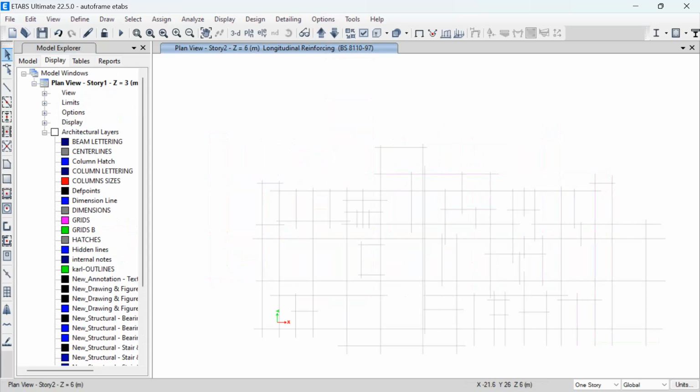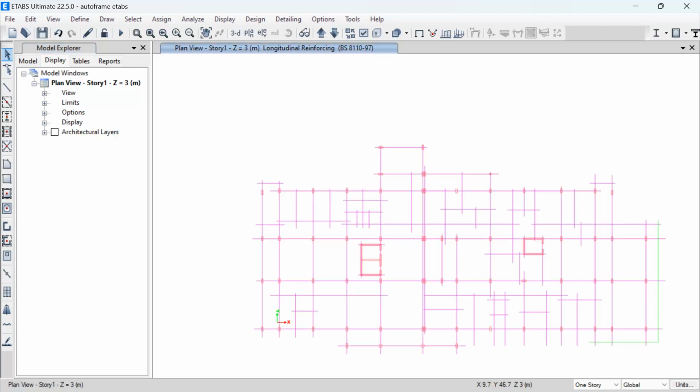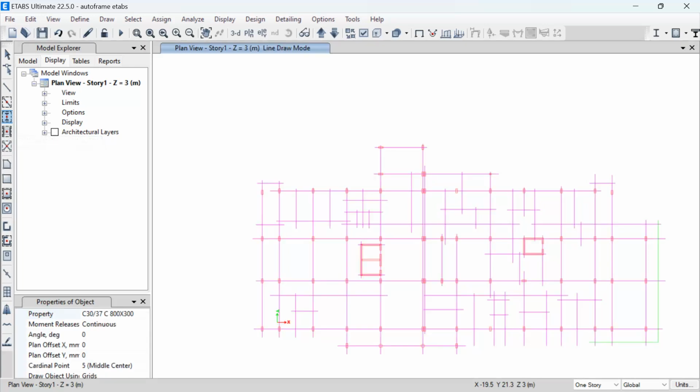All right, now once you have this, you go back to level 1, and you want to model your columns. So you just come here, you say quick model columns, quick draw columns. You press that, and then you select the column that you want. For me, I'm going to go by 600 by 300. You have your column here, 600 by 300 like that, and you say draw objects using architectural layer,